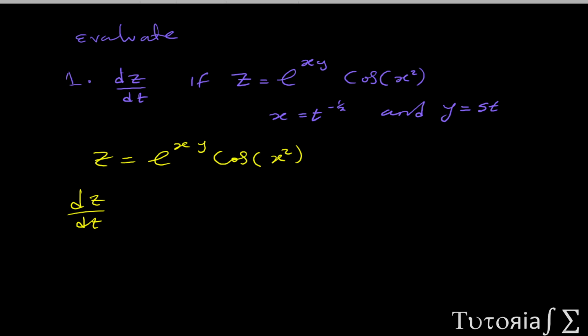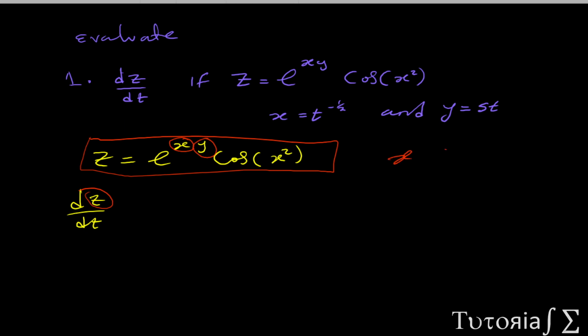What we have to do, first of all, is identify the variables that we have in this function. We're going to call this function the mother function, which is what we are trying to get dz/dt for. Other than z, we have x and y and x again, so we have two variables, x and y. So to find dz/dt, since z has two functions, x and y, we'll find first z with respect to x,